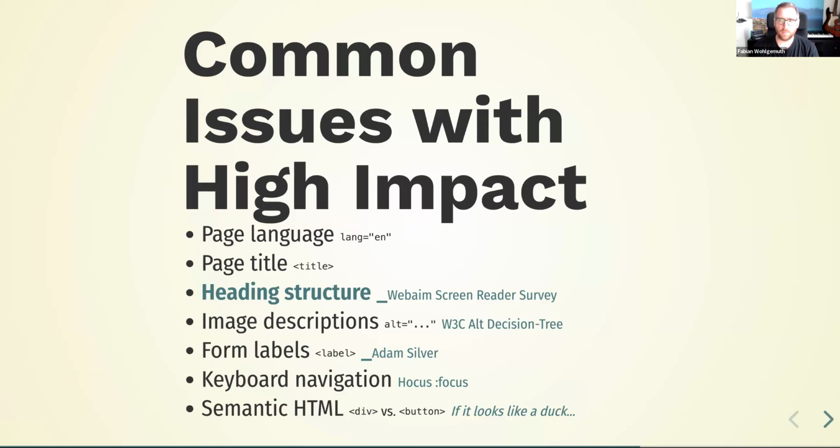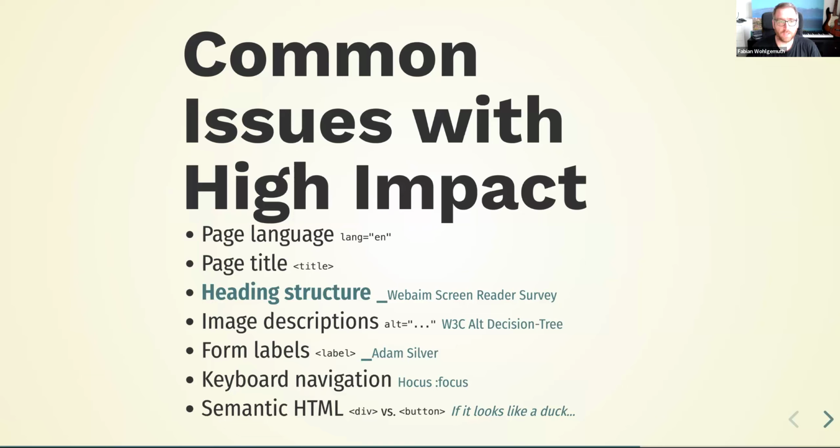And this is very important, because if there is no description at all, then there is information that I would miss completely. So image descriptions, very, very important topic, high impact.